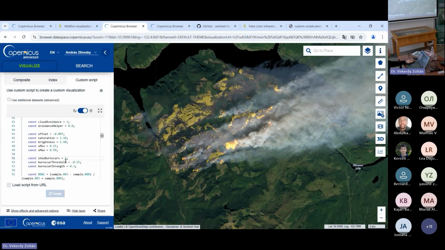Look, I changed this parameter, show burn scars. It was 0, and now I changed it to 1. And these yellow areas are the places which have been burned. So this is like a switch in code. This is the default version, show burn scars 0. And then it's not showing the burned areas, but it's showing the fires. And if I switch it over to 1, then it's showing me the burn scars. And if I reduce the burn scars threshold even further,